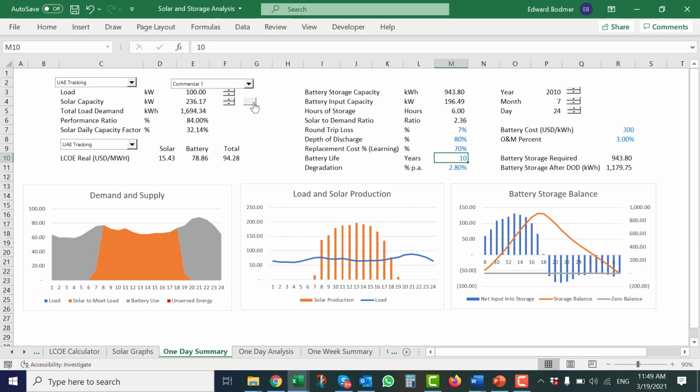And I guess I have to put in a longer battery life, and a lower battery cost, and a lower replacement cost, and a depth of discharge of 85%, and on and on and on, and then I get 67, which really, it's not so bad, but not so good either. But it gives you the real answer. It gives you the real answer.